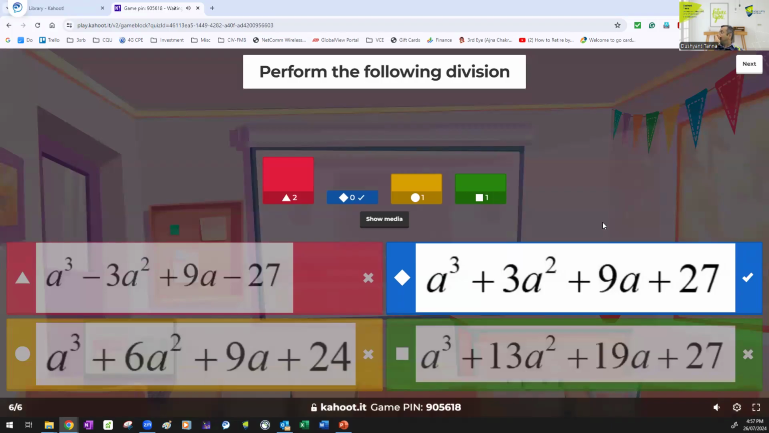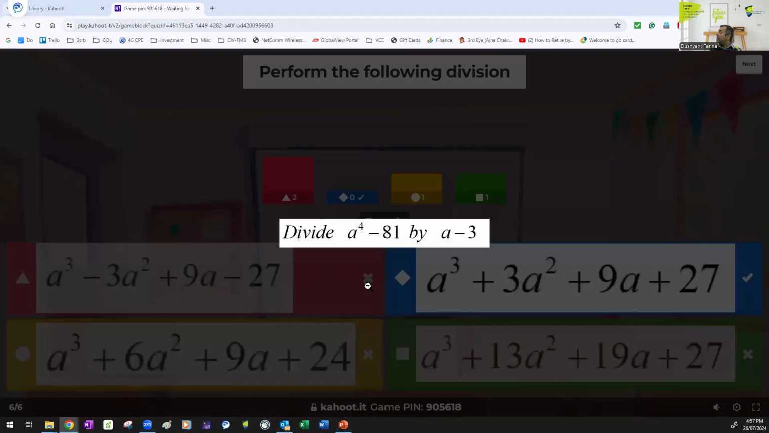Oh, only one got it blue. Right. Who got it green? Oh, no one got it blue. It's a pity. Okay. Now,